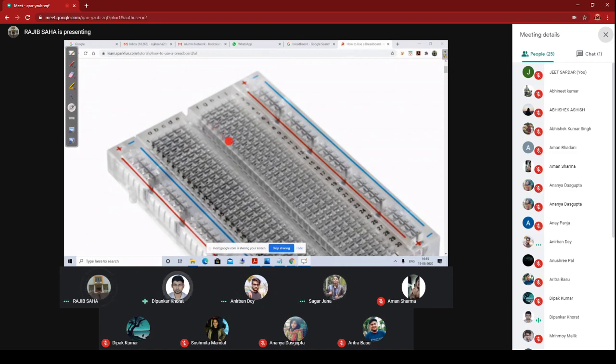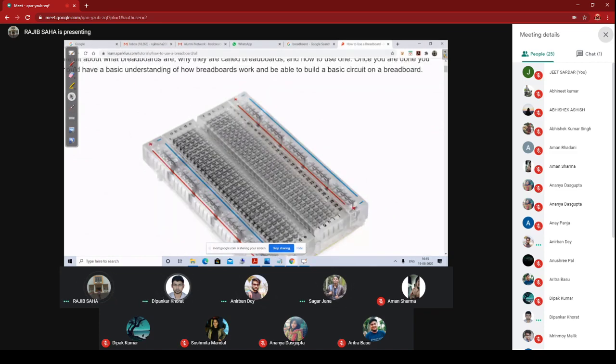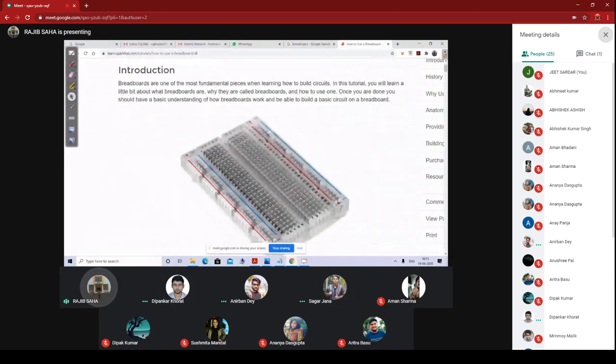So this kind of device, this breadboard, must be available to give a power supply to the ICs. Otherwise, it is not going to work.